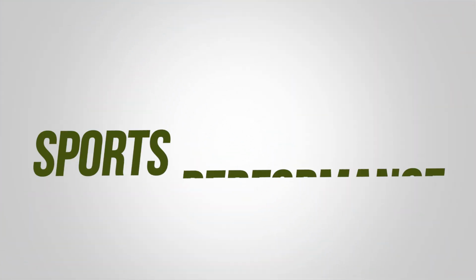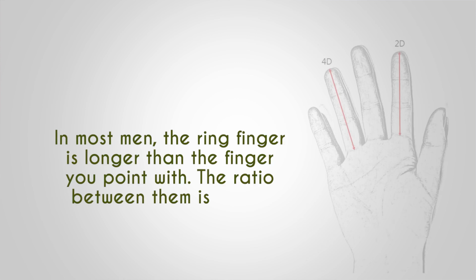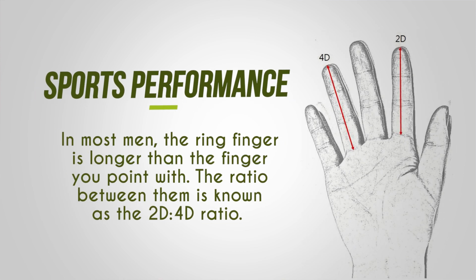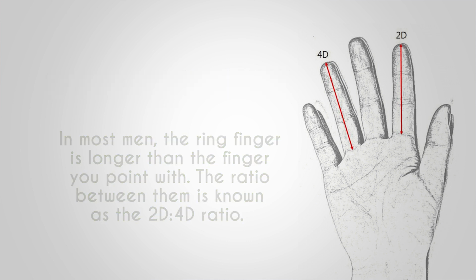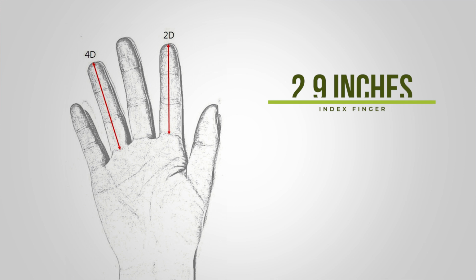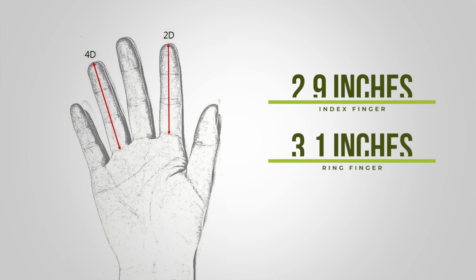Now, this next study was looking at the implications for sports performance. In most men, the ring finger is indeed longer than the finger that we point with, and the ratio between them is known as the 2D to 4D ratio. For instance, if your index finger is 2.9 inches long and your ring finger is 3.1 inches long, you have a ratio of about